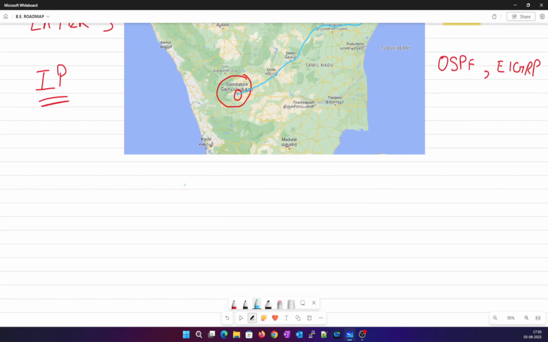If the road is a one-lane road, your movement will be slow, right? Because there will be incoming and outgoing traffic also. But if it's a two-lane road, the road is a bit wider, your travel will be a bit faster,